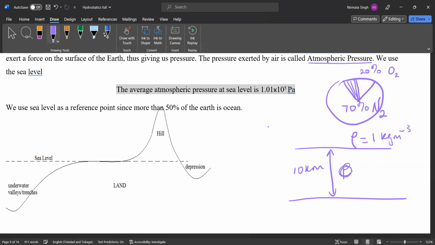If I had 10 kilometers of air, that's 10,000 meters of air. If my density is 1 kilogram, then the force exerted by 10 kilometers of air is 10,000 newtons, or